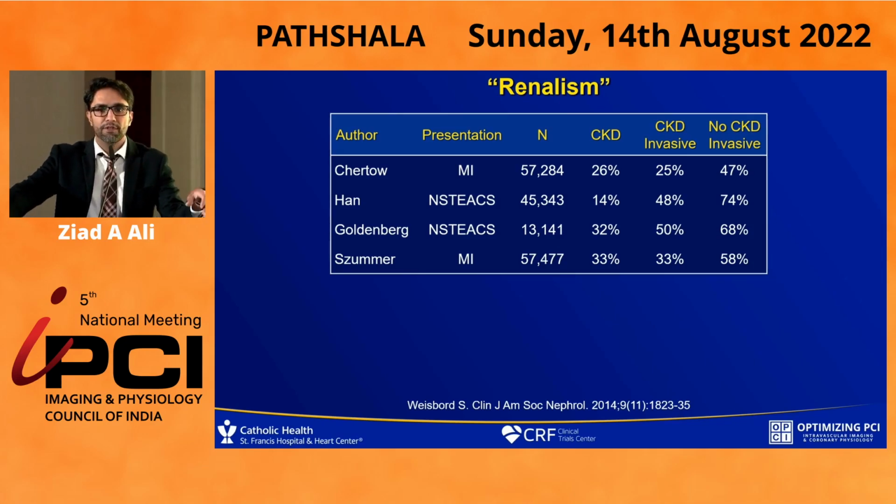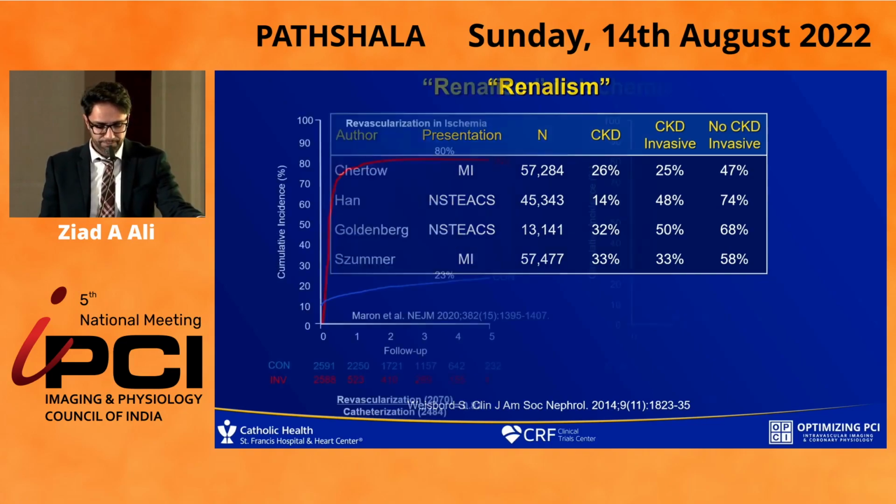And the reason for this is that very early in medical school, we're taught primum non nocere, don't do any harm. And so we think it's worse to put a patient on dialysis than it is for them to have a heart attack. And you might be right. So these patients are undertreated.